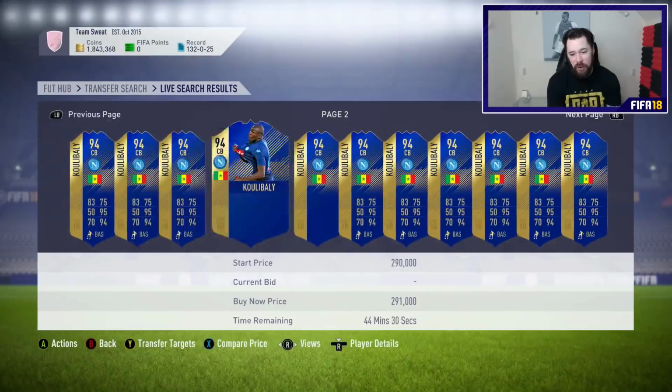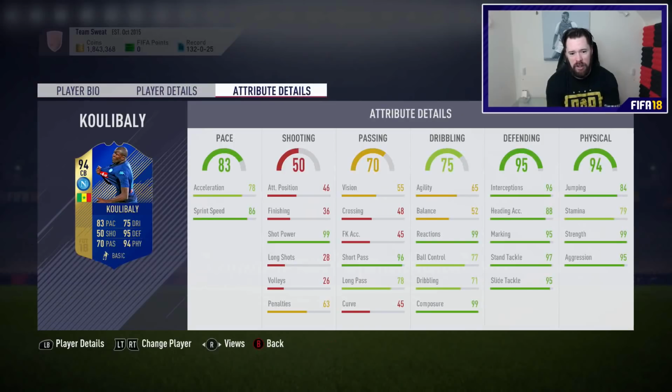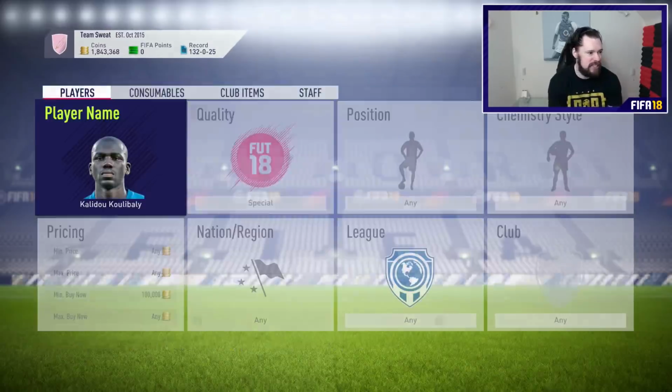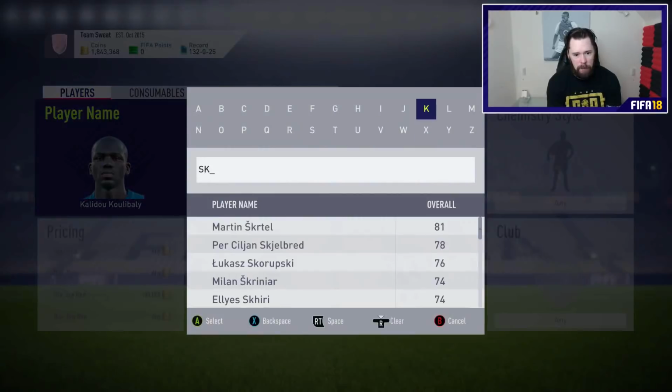how is he under 400? Under 300k? High work rates is a problem for some. 6'5", 2-star, but he is rapid with perfect defending and perfect physical. Get this card. If he's under 300k, just go and get this card. You won't regret it. He's absolutely insane centre-back. And next up is Skriniar. I apologise if I've...